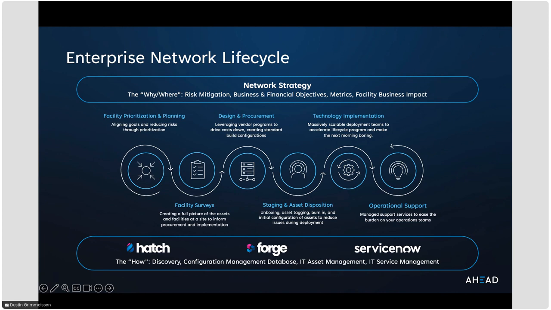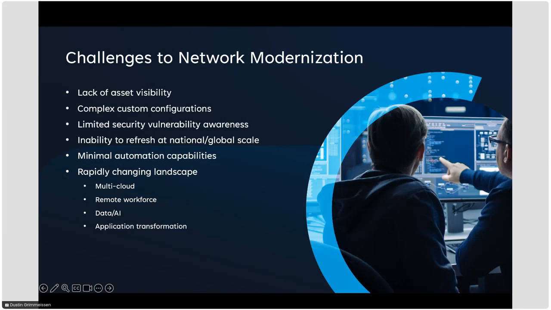But what we're finding out is there's a roadblock to those kind of transformations. A lot of enterprises have a lack of asset visibility to understand what the assets are, what place in their life cycle they are. Are they still under support? Are they still possible to be supported from the manufacturer? We see a lot of complex custom configurations, no standardization across the enterprise.